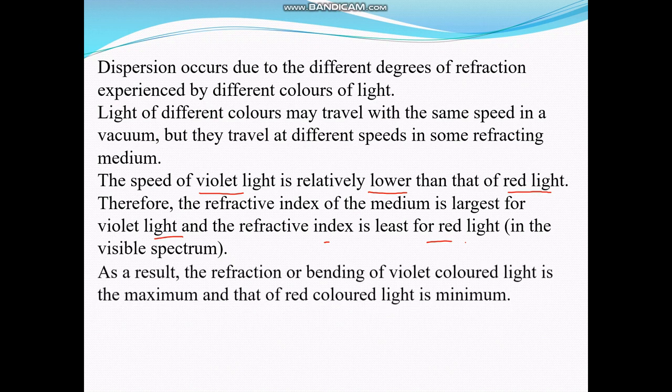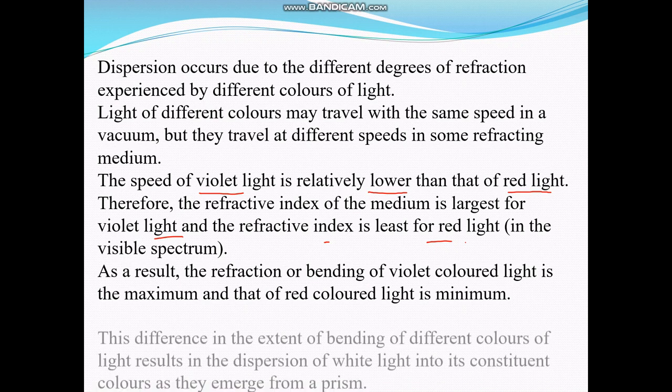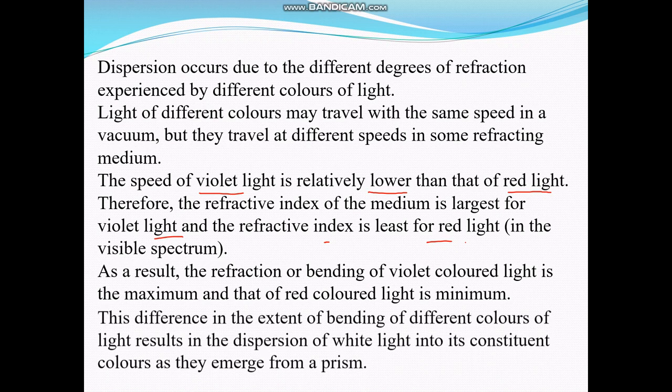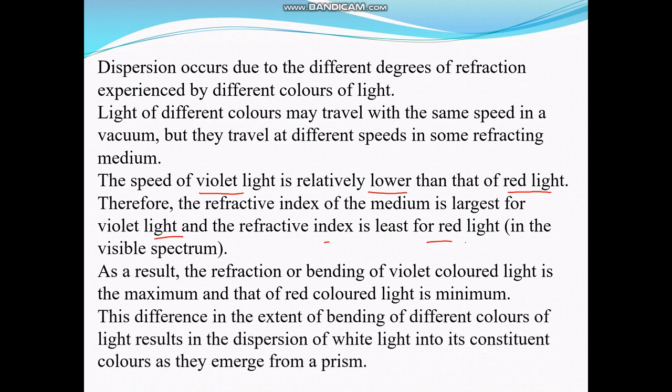As a result, the refraction or bending of violet colored light is the maximum and that of red colored light is minimum. This difference in the extent of bending of different colors of light results in the dispersion of white light into its constituent colors as they emerge from a